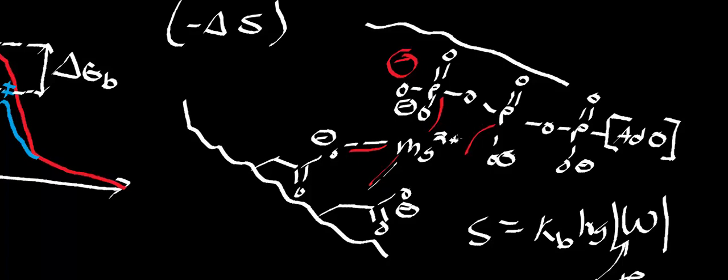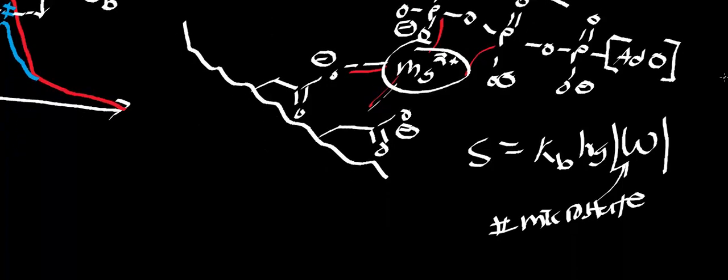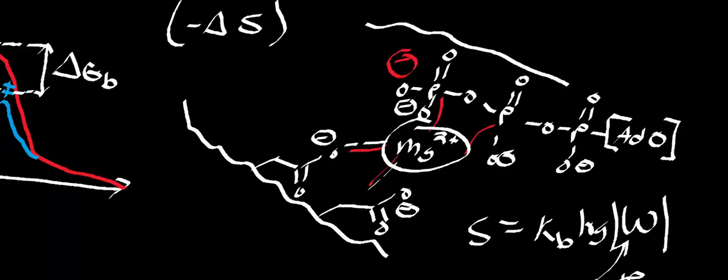Now, you can imagine if that magnesium wasn't there, what happens? That ATP is flopping all over the place, so it has a lot of microstates. What happens to the number of microstates if I put a magnesium in there? The magnesium holds that ATP in place, so the number of microstates, the number of positions that ATP can be in, is minimized. So what happens to S, the entropy? It drops. So ultimately you have a decrease in the entropy